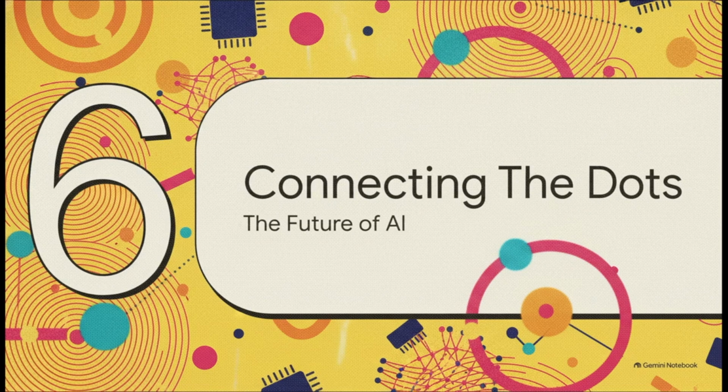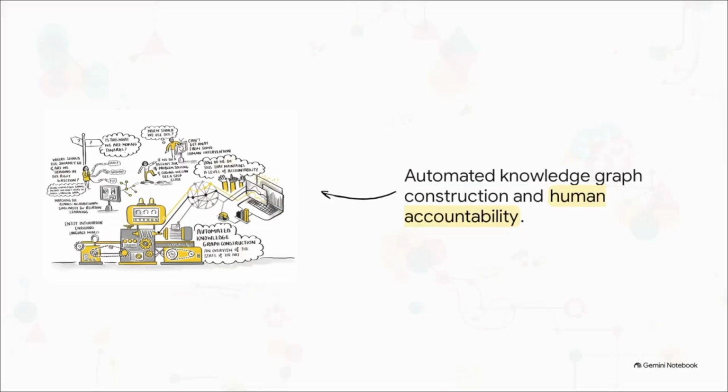Section 6. Connecting the final dots. Before we wrap up, I want to bring our focus back to the human element for a second. Because as much as graph engineering relies on automated pipelines and super advanced algorithms, it ultimately all comes back to human accountability. We need stewards to govern these enterprise systems, to ensure the data is high quality, and to verify that the map we are building actually reflects reality. At the end of the day, we are the ones teaching the AI how our world connects.